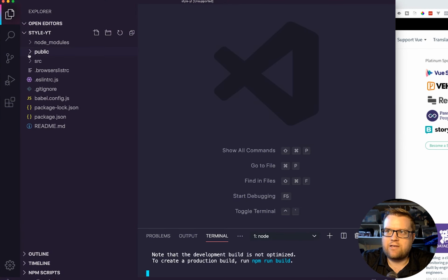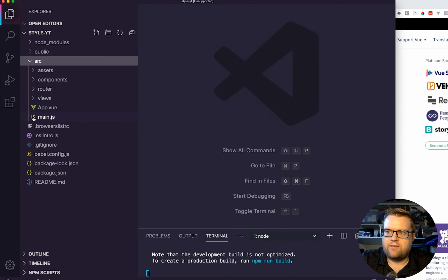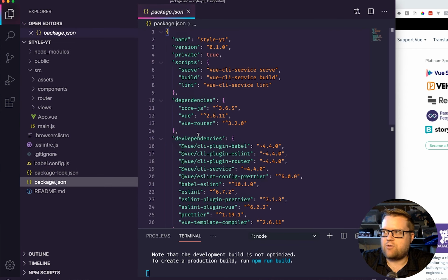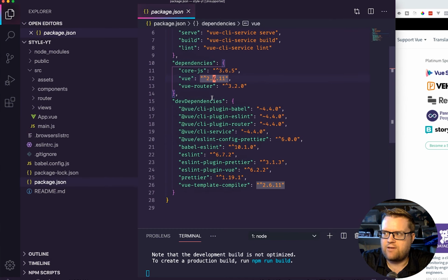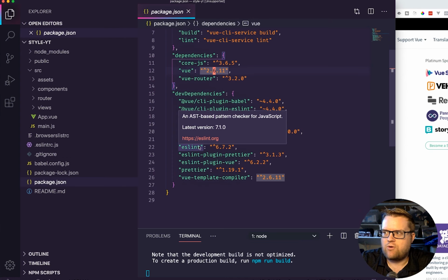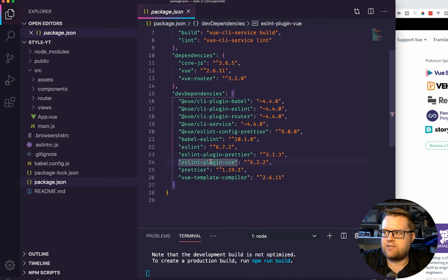Okay, so here is our app that we just created. Let's take a look at what it looks like out of the box. As of this recording, this is what you get out of the box on Vue CLI. We get Vue version 2.6.11. One thing to keep in mind, we're looking at ESLint plugin-vue, we're using 6.2.2. And you see that it installed some plugins for Prettier